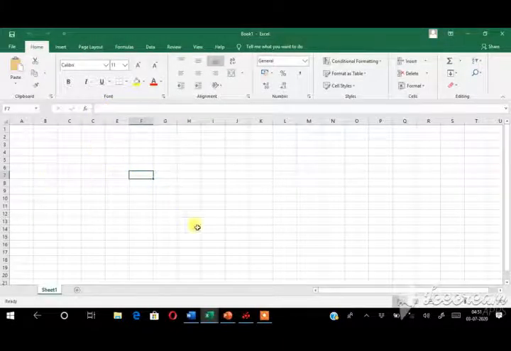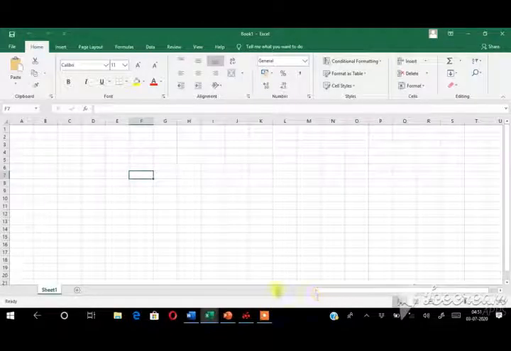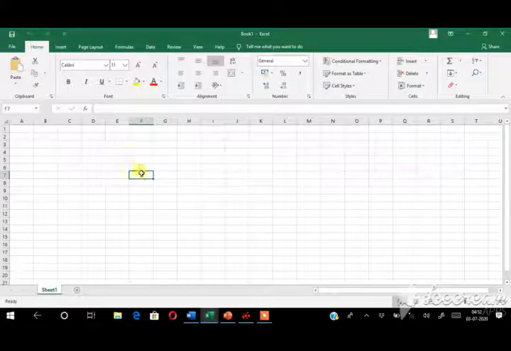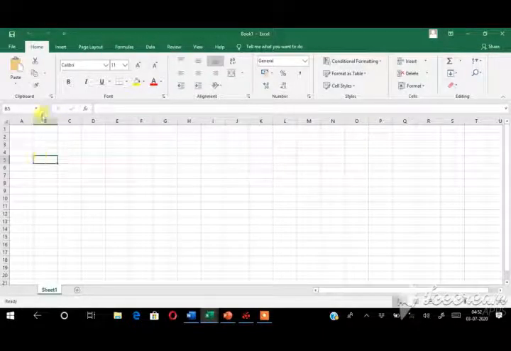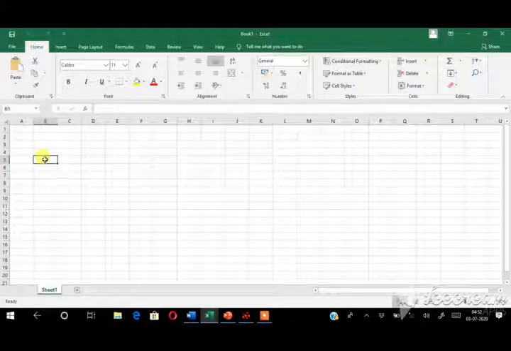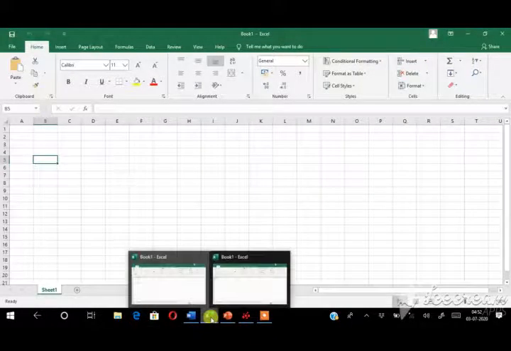Now I am going to explain what is meant by cell referencing. I already explained that each cell has an address, that is a column letter followed by the row number. This is called cell referencing. Cell referencing and cell address are the same.